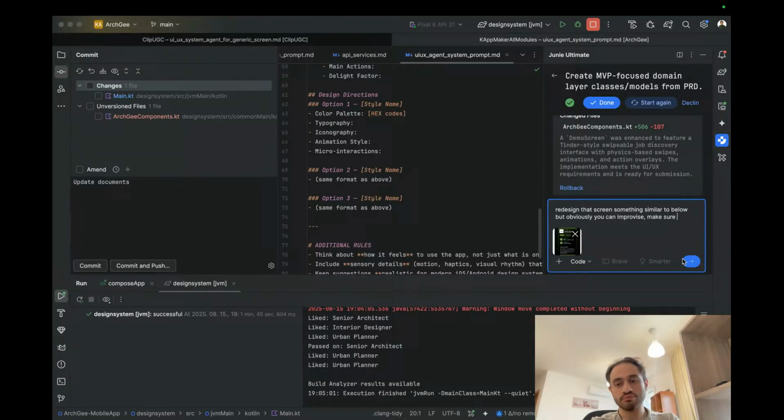Make sure some delightful animations and required interactions are there. Be creative. Otherwise,